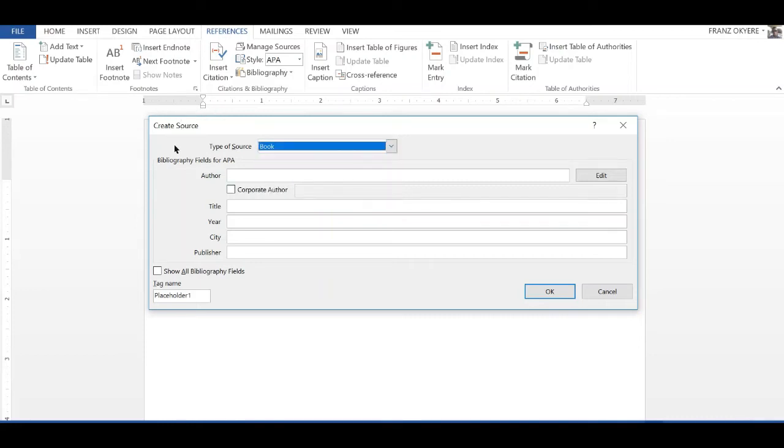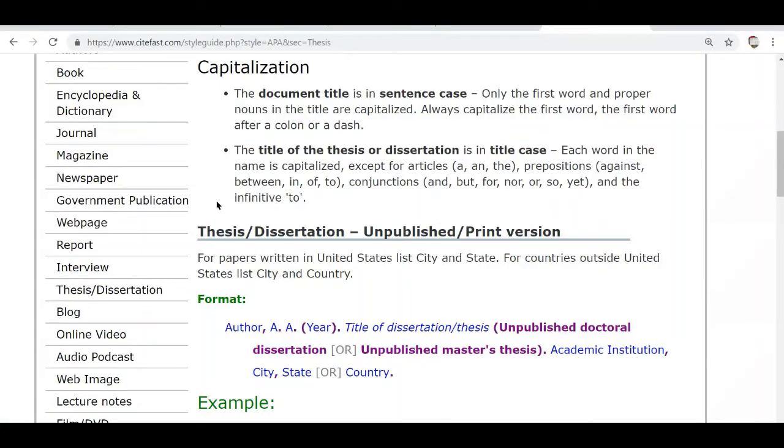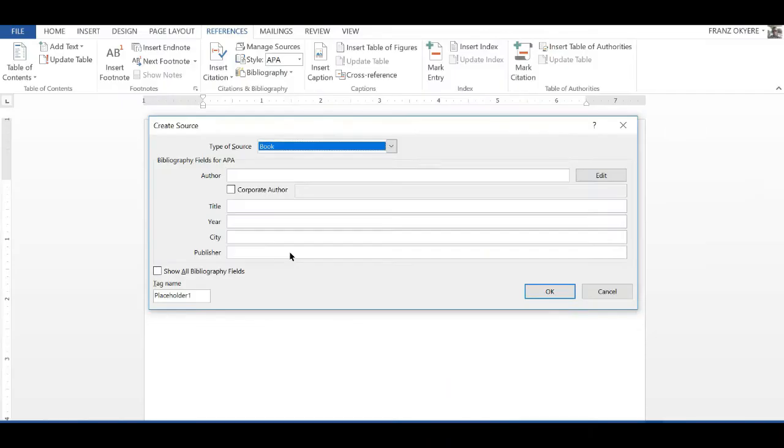An author, a title, a year, a publisher. So we have city, publisher. So where would we fit university? Because in our format, we need to be able to put the academic institution and all that at the end, because depending on the material we pick, Word will arrange it automatically.